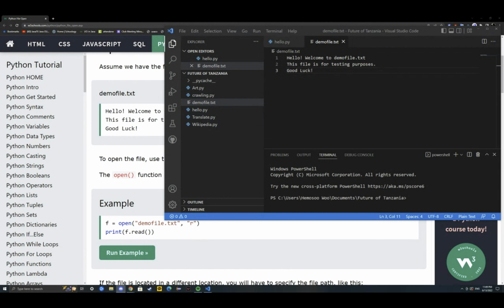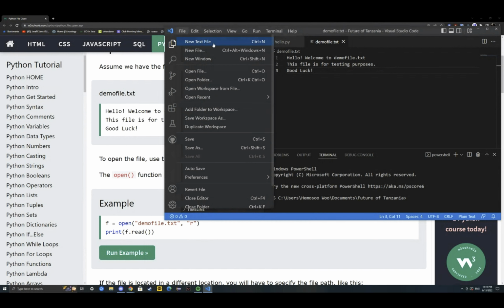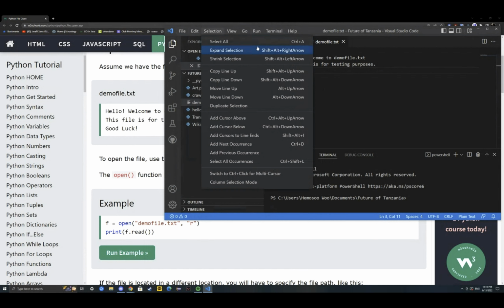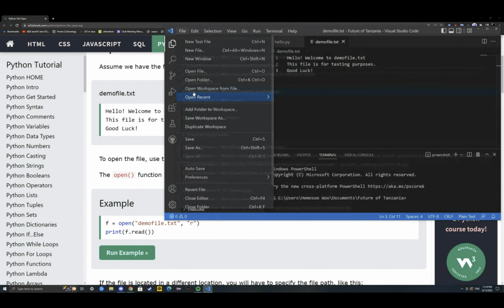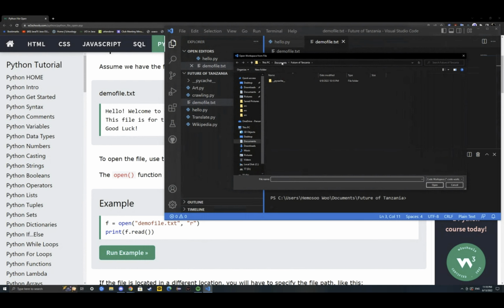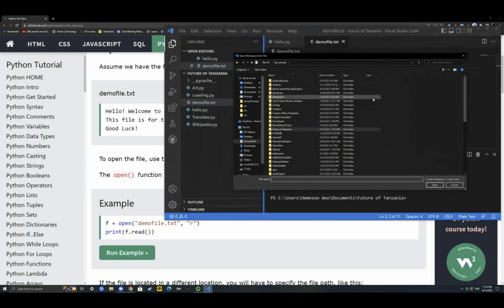Oh, okay. So if you're not in a directory yet, you're gonna go to the top left of your VS Code or Visual Studio Code. Click on File, and then you're gonna say, oops, you're gonna click Open Workspace from File, and then navigate to your Documents folder, and then from here,